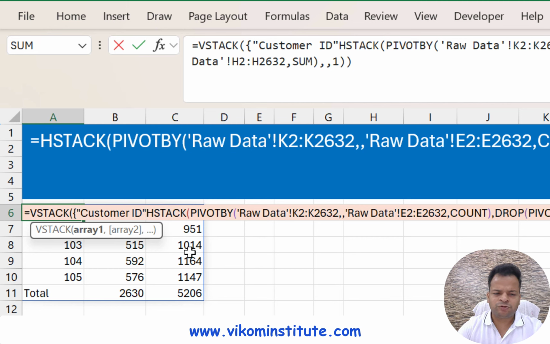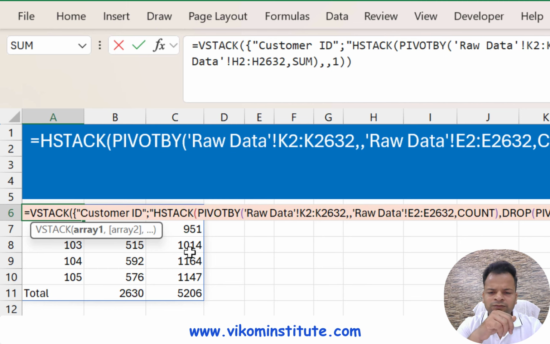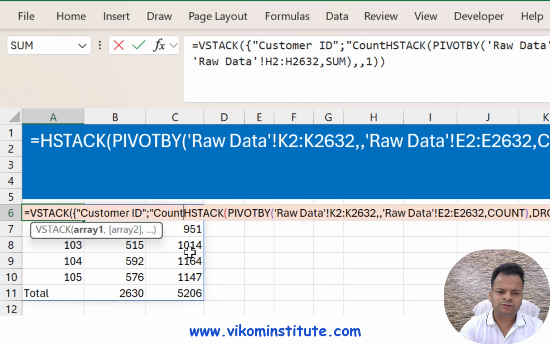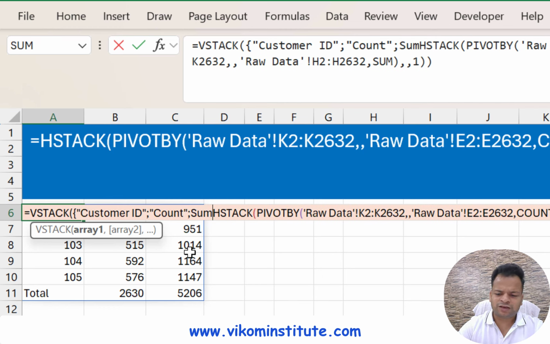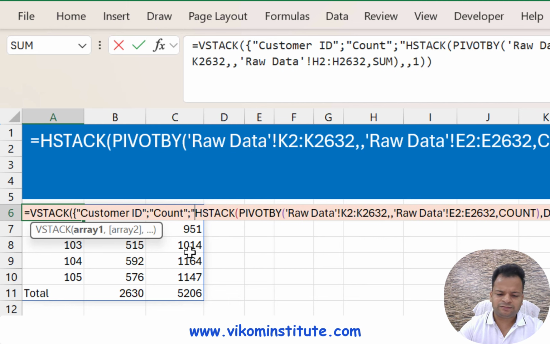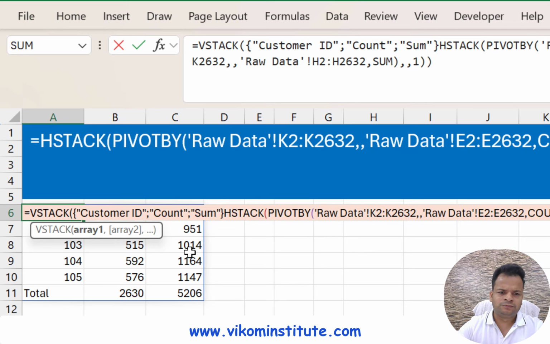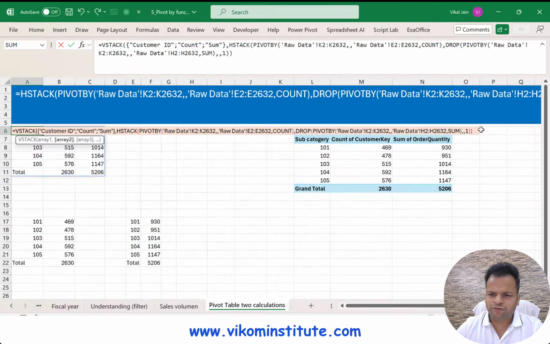Here I'm going to use a semicolon, and the second thing would be "Customer Count", and a semicolon, and here I'm going to use "Sum" again in double quotes, comma, and this whole thing is your array 2, close the parentheses and enter.